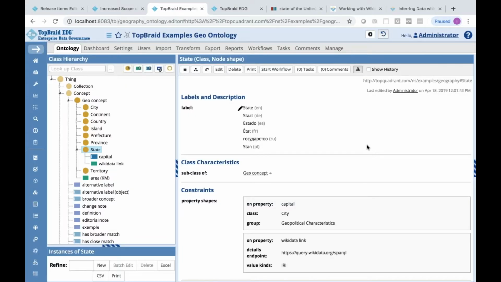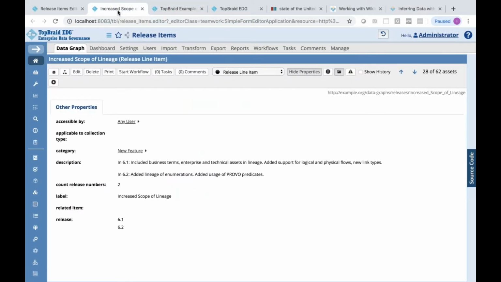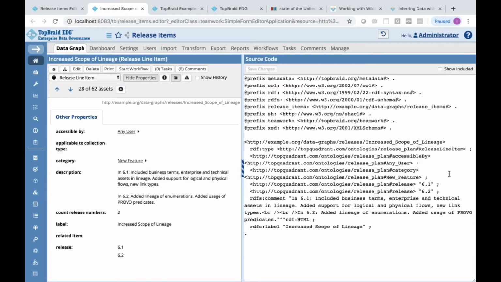Though, let me show you one last thing on the forms that may be of interest. I think in 6.1, we introduced the source code panel. The source code panel allows folks to see the RDF serialization of the data in Edge. And it's also editable. Now, this is clearly a very technical, highly advanced feature.